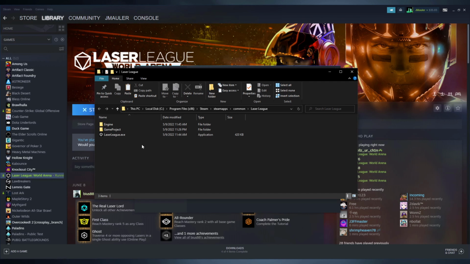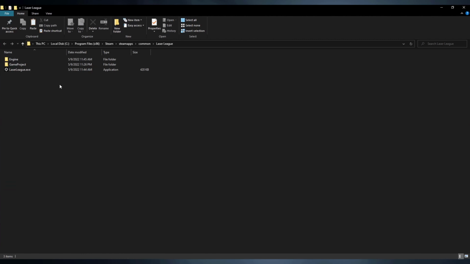Just a couple more clicks. If you go to Game Project, Content, there should be a mod folder here. If there is, you're all set. But if there is not, you can just make a new folder, call it mod with a capital M,